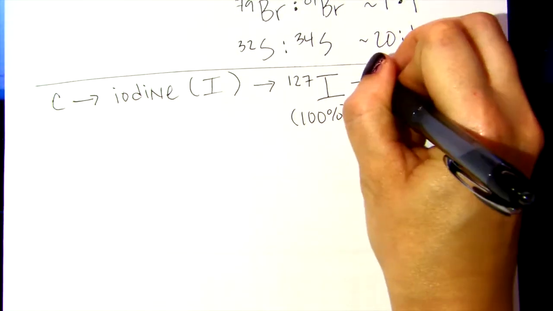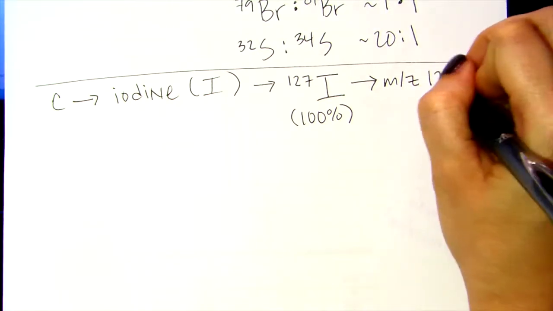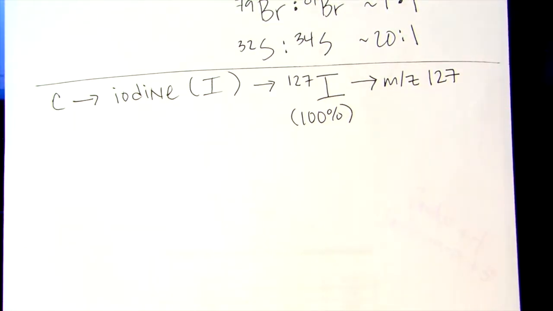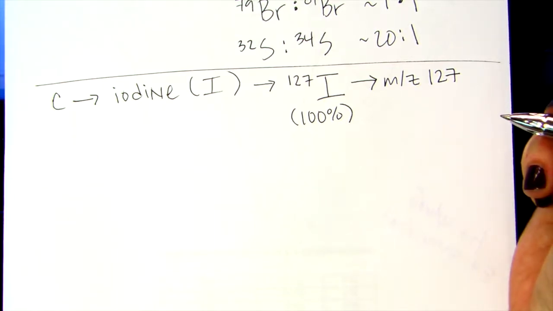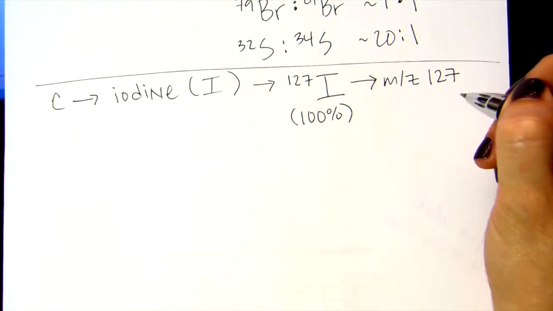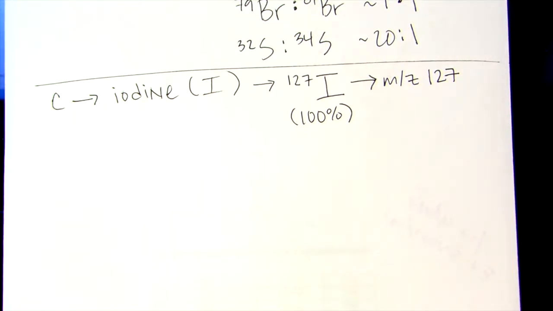There's not a lot of other things, it's very unlikely that you would get a large peak at 127. And so usually if you see a big peak at 127, it almost always means you have an iodine atom in your molecule. Right? So you'd have a peak at mass to charge ratio 127. Right? So this is the fragment